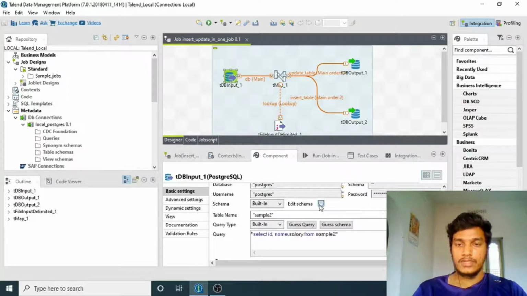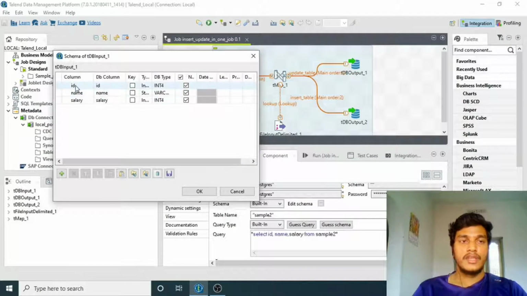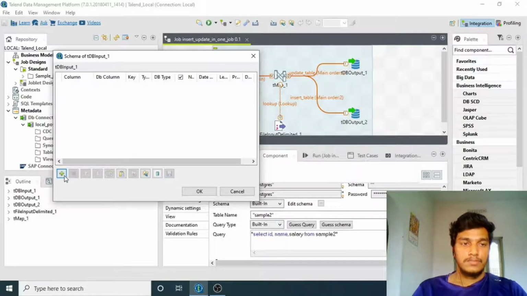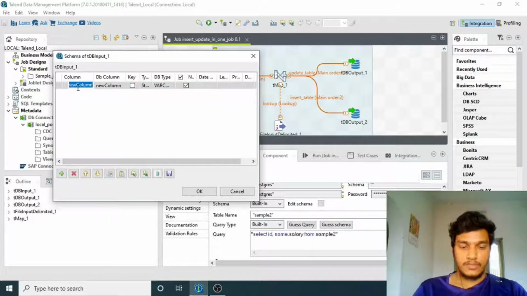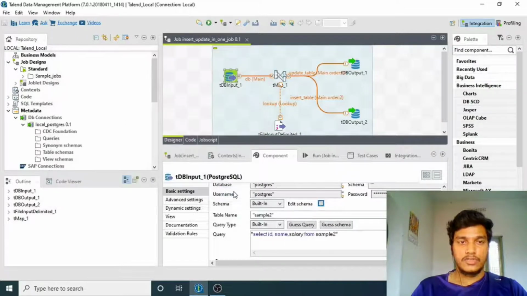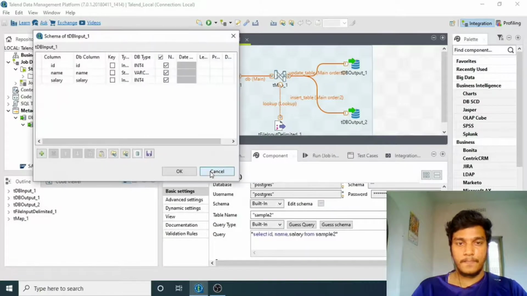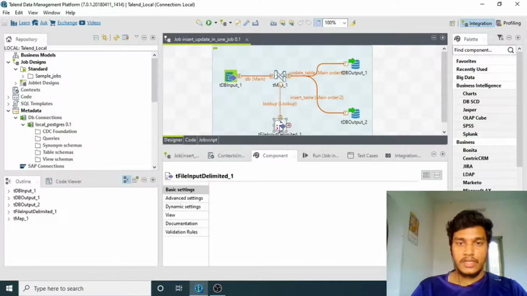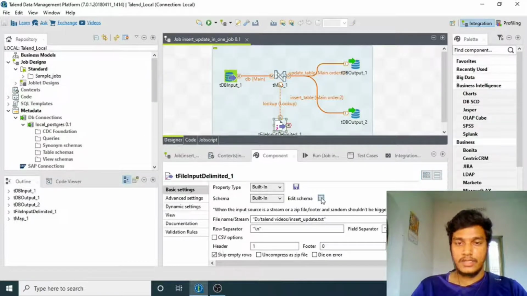So instead of creating ID, name, salary, you can remove them and create something, you can name it file. Here it is not possible, but what I can mention here is, tFileOutputDelimited has the edit schema.